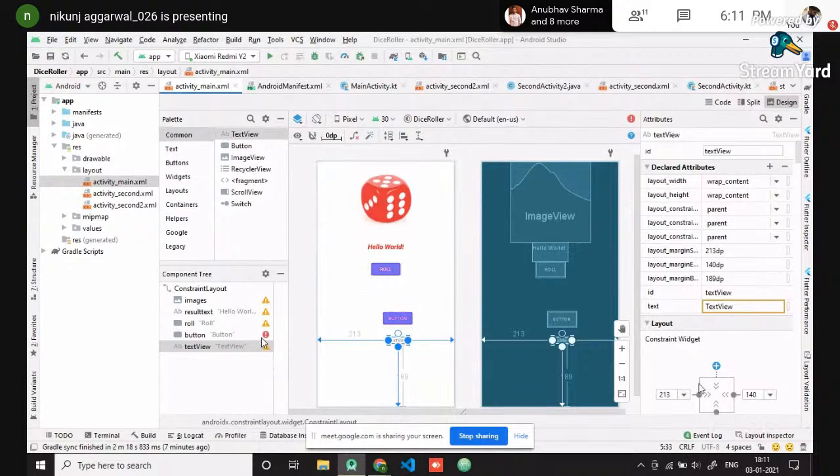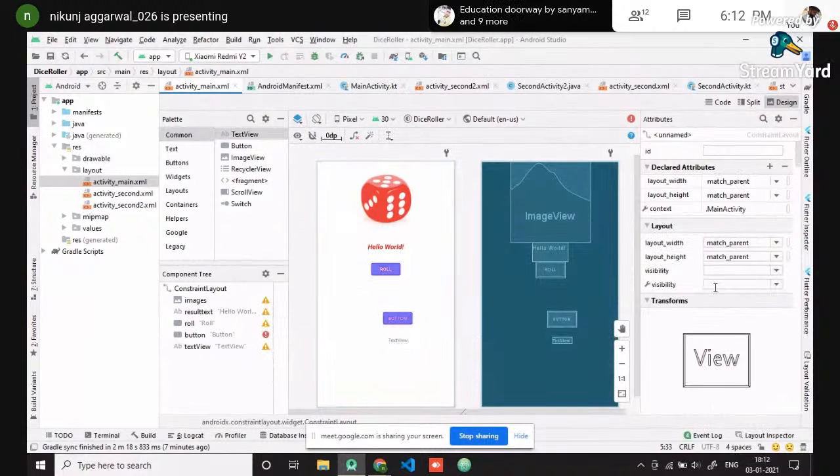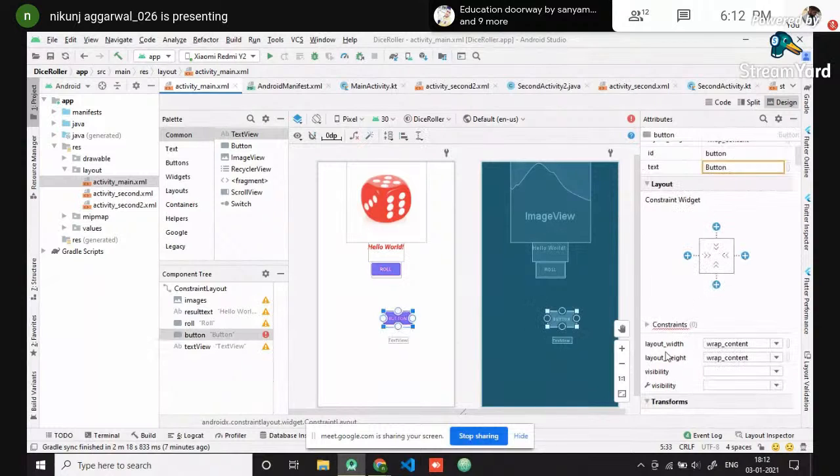Otherwise, it will show an error here. Like these are the warnings, and this is the error. When you see the exclamation mark, this one caused the error, because we haven't constrained the button yet. Here you can see we haven't constrained the button yet, and it is showing here that constraints is 0. Now, as soon as I click on this add button,